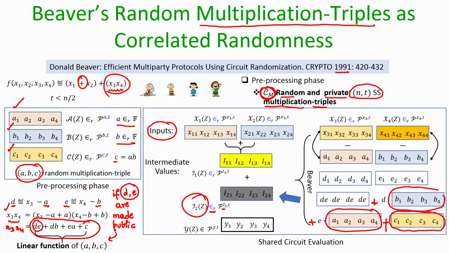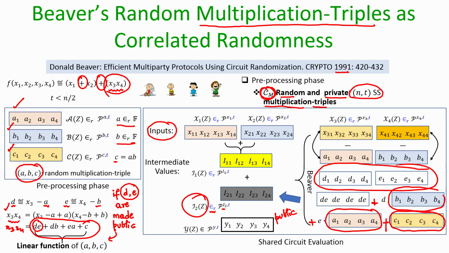And now, once you evaluate this gate, after that you have an addition gate which can be computed locally, and then the parties can make the Y shares public, and that is how you evaluate the multiplication gate. That means, evaluating a multiplication gate as per this method boils down to publicly reconstructing two values. If you have another multiplication gate, the parties will require another such random shared multiplication triple, and then they can follow the same process. Okay.